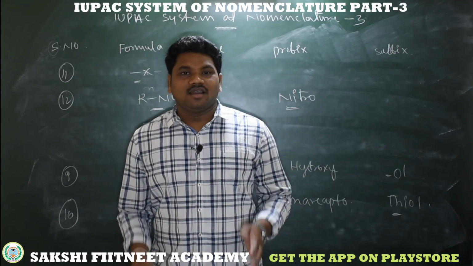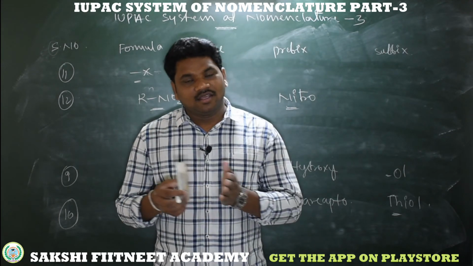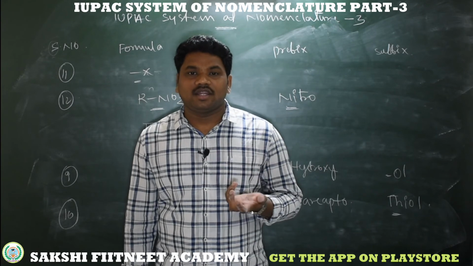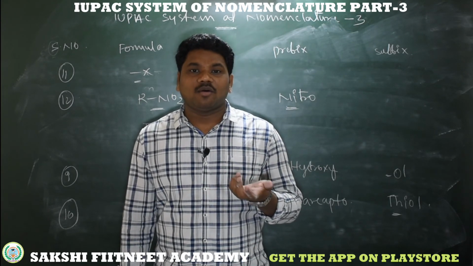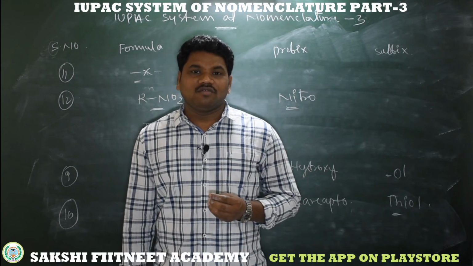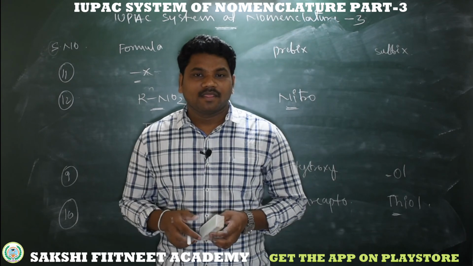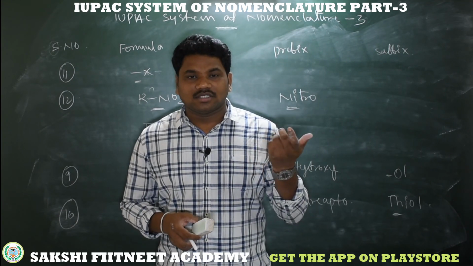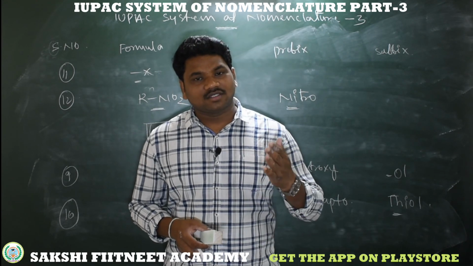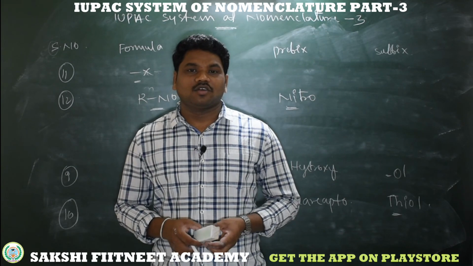So this is the functional group priority order with their prefix names and suffix names. By using this information, it's very easy to write the IUPAC name for a compound having more than one functional group. I hope you understand well. In the next video, we will learn how to select a parent chain and how to number the parent chain. After this, we will take examples for each functional group. Thank you.